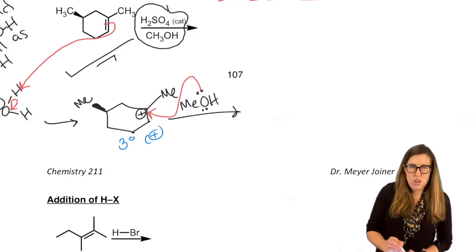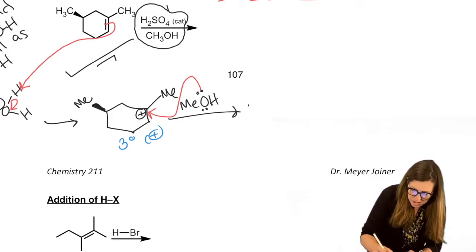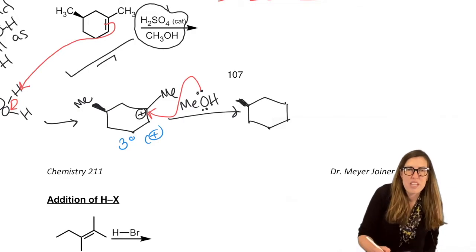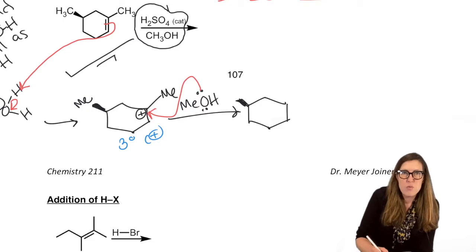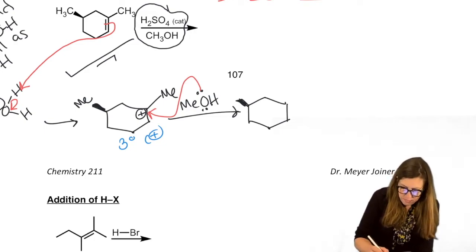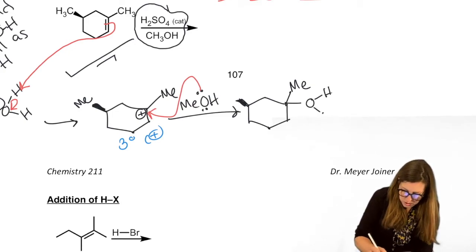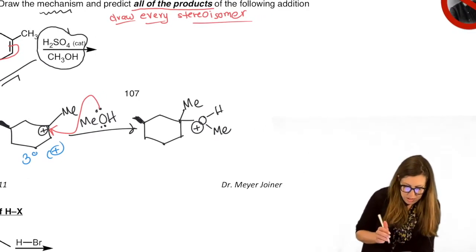And the answer said to draw everything. But I'm still going to wait till the end. I'm just going to make a little note to remind myself, because otherwise your mechanisms get huge with lots and lots of structures. The goal of the mechanism is at first to get the regioisomer correct, all the bonds in the correct place, while noting stereochemistry, right? So methyl is here, the O and everything attached to it, so including that methyl and the OH. We now have our protonated oxygen that needs to be neutralized.